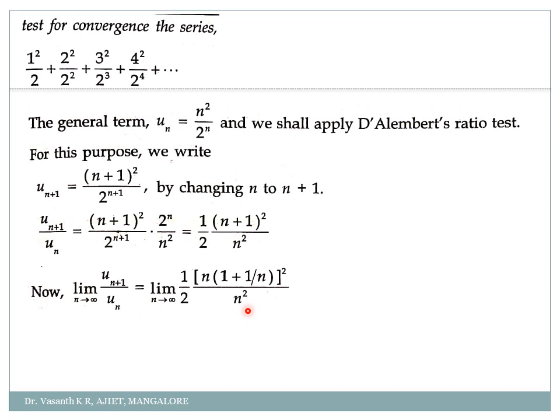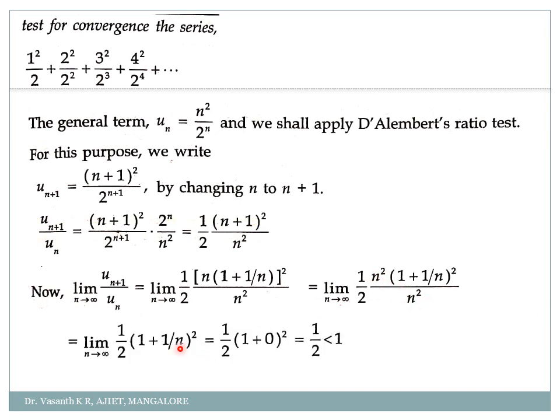Are you clear with this step, my dear students? This step normally comes up in all the problems, okay? So what did I do? I wanted to get n in the denominator because 1 by n, 1 by infinity will always give me 0. So I have taken n outside here within the square. So n into 1 plus 1 by n the whole square divided by n square. When you square it, n square will get cancelled. Only 1 plus 1 by n the whole square will remain.